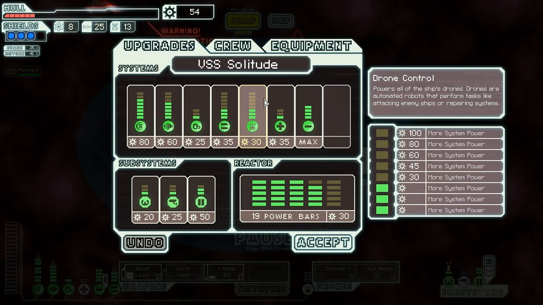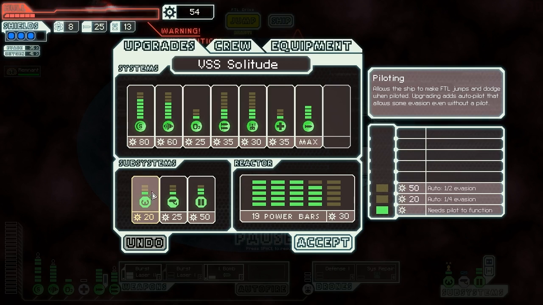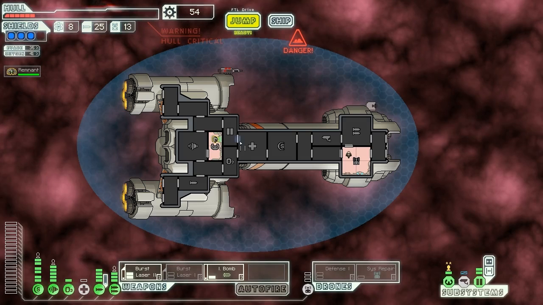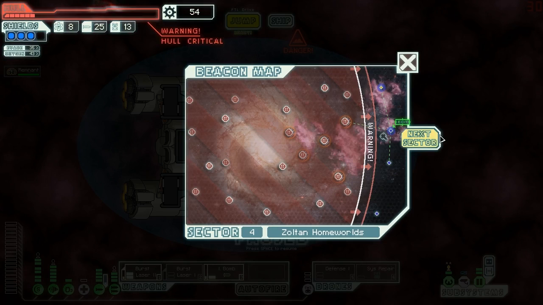And I guess we should put our power into our helm then? Or our weapons? I don't really know. Weapons is probably the best choice. If we find many more people with Zoltan shields, we're going to want those higher level weapons pretty promptly. But for now, I think we'll just hold on to that 54 scrap, and we'll jump ahead to the next